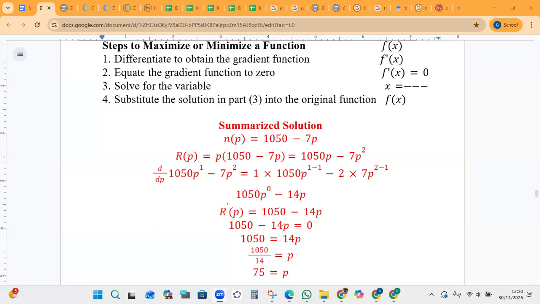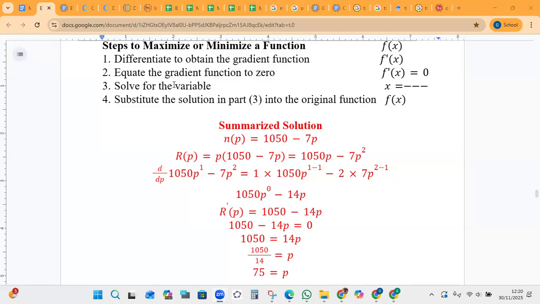Now you're going to equate the gradient function to 0. Make it equal to 0 because at the vertex, the gradient is equal to 0. At the optimal value, the gradient is equal to 0, be it maximum or minimum. So you're going to equate that gradient function to 0. Then you're going to solve for the variable, the value of the variable that makes the gradient 0. Automatically, that will give you the optimal